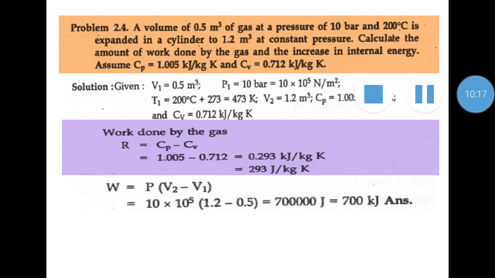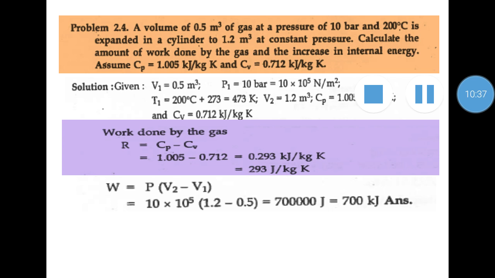Here pressure is constant, so that's why we have derived the expression for work done during the constant pressure process, that is W is equal to P into (V2 minus V1). Here P is constant, that is 10 into 10 raised to 5, V2 is 1.2 and V1 is 0.5. So after solving this, we are getting